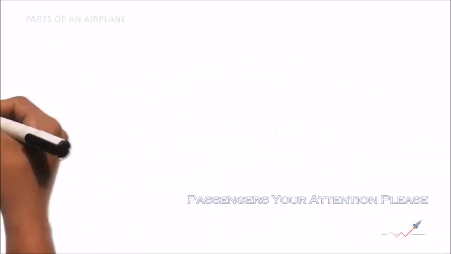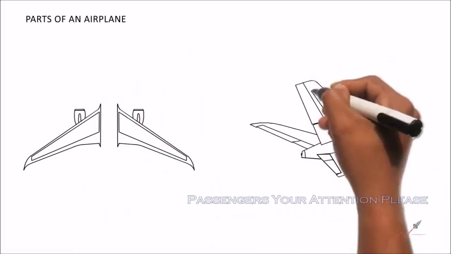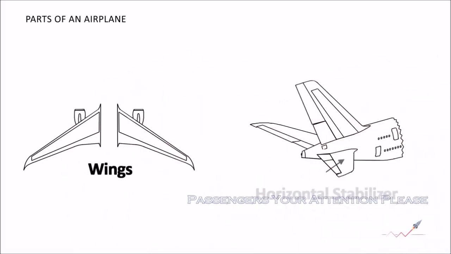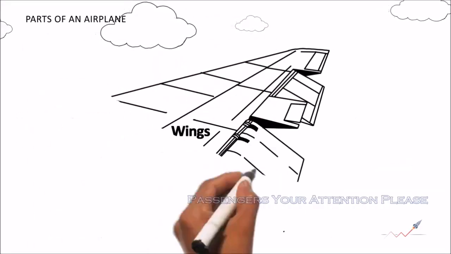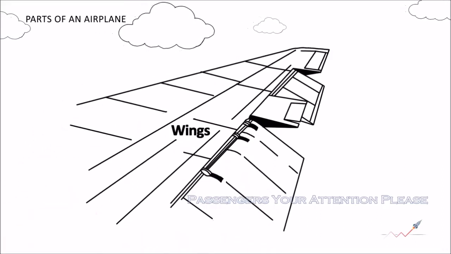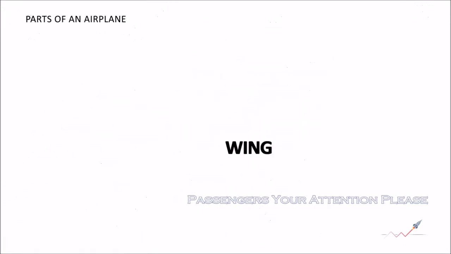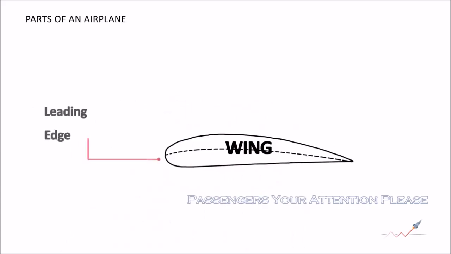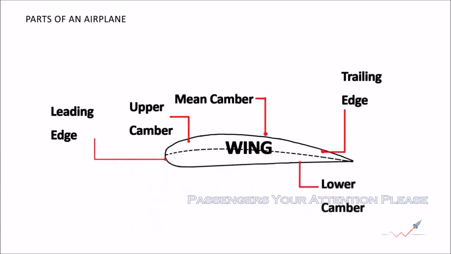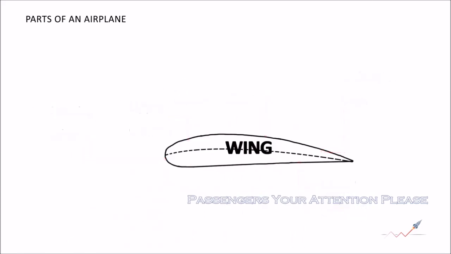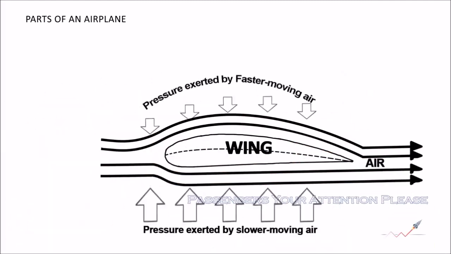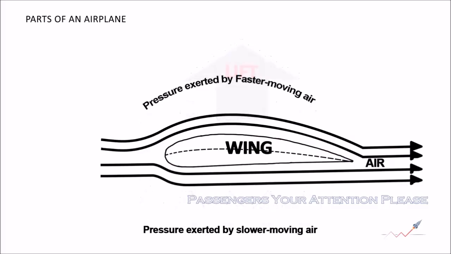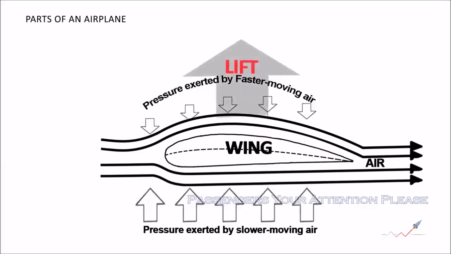Parts of an airplane. The basic parts of an airplane are 1. Wings, 2. Horizontal stabilizer, and 3. Vertical stabilizer. The wing is the most important part of an airplane, since it produces lift that allows a plane to fly. A wing produces lift because of its slightly inclined and special shape, which is called an airfoil. This special shape is designed to deflect the air at the bottom of the wing due to more air strikes at the bottom and less air at the top of the wing.